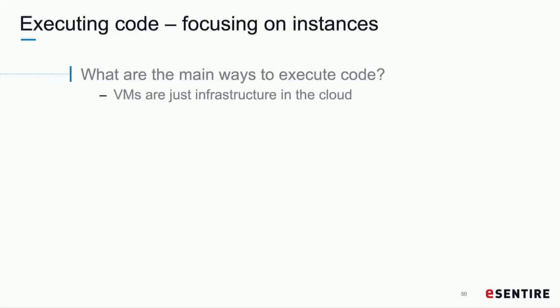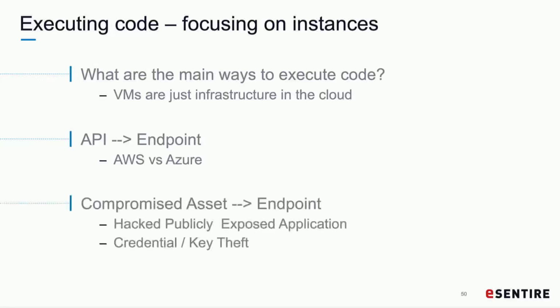The thing I like to drive home is these VMs in the CSPs are just VMs. So all the normal ways to execute code are there: shellcode, script interpreters, binaries, it's all the same. They just have more inherent security around getting that code executed. So from getting access to keys, API keys, you have the ability to push code down. We're going to cover that on both Azure and AWS.